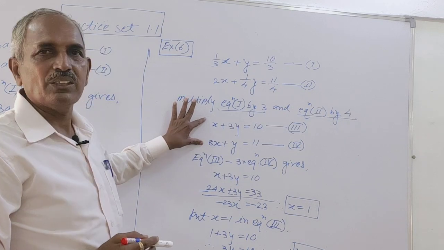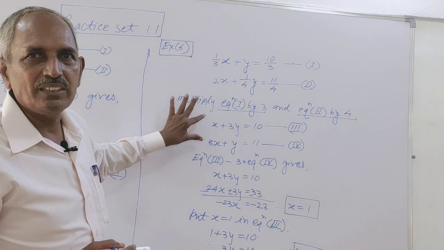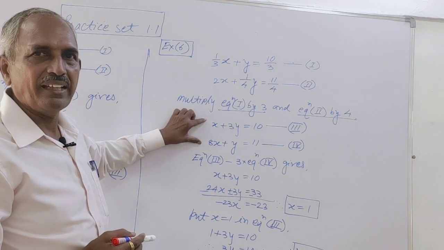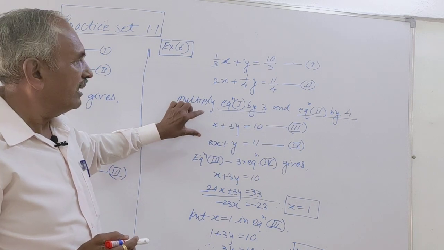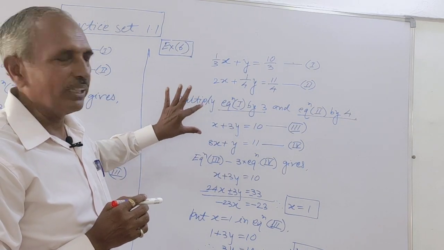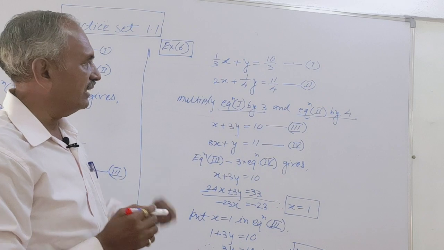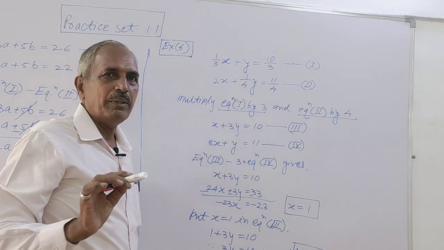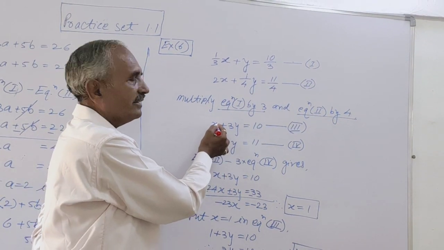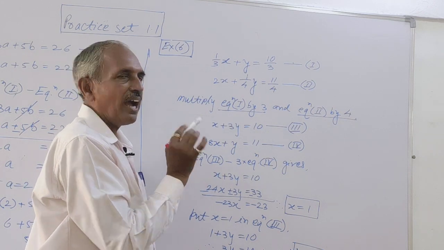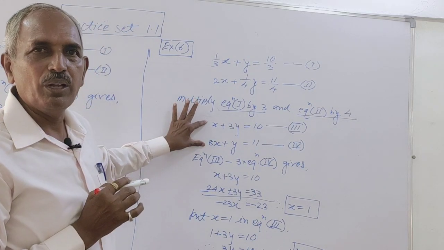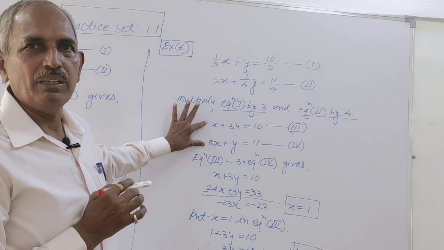Now these two equations we are familiar with, and we can solve them as in the earlier method. We have solved an earlier example like this by the elimination method. Now let us start solving these two equations. I have to eliminate one of the variables. Here it is 3y, here it is y, here it is x, here it is 8x. I have to make the coefficients equal, then it is easy to cancel out, easy to eliminate.